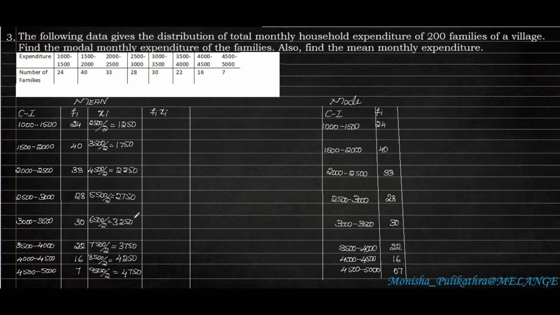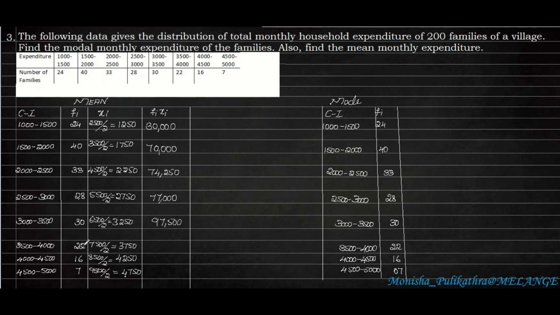So after calculating the midpoint, we need to multiply Fi and Xi, that is the frequency along with the midpoint. So 24 into 1250, we will get 30,000. So next 40 into 1750, we will get 70,000. So next is 33 into 2250, we will get 74,250. So next 28 into 2750, we will get 77,000. So next is 30 into 3250, we will get